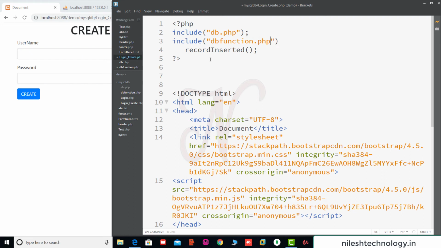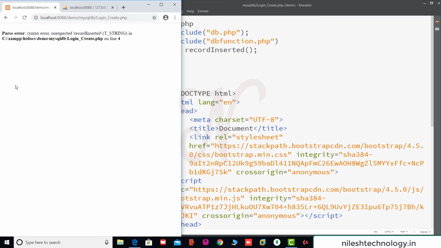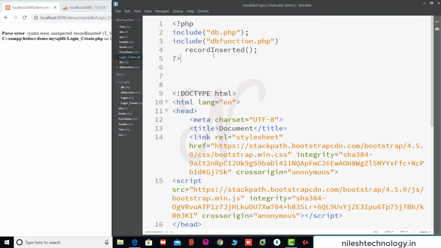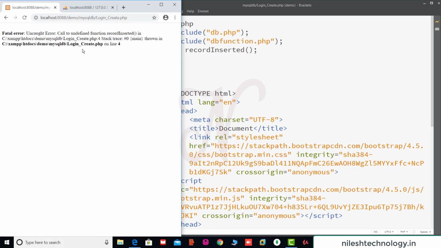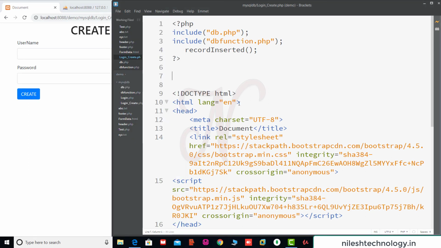Save here. There is one error, line number 4, record inserted. Here there is a semicolon. Fatal error, uncaught error, call to undefined function record inserted. So we save these changes, and the error is gone.